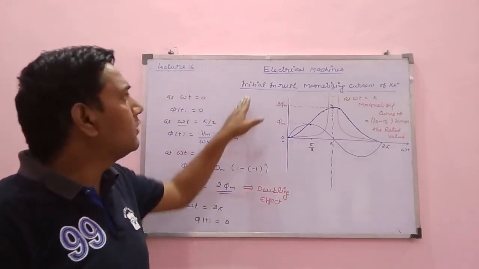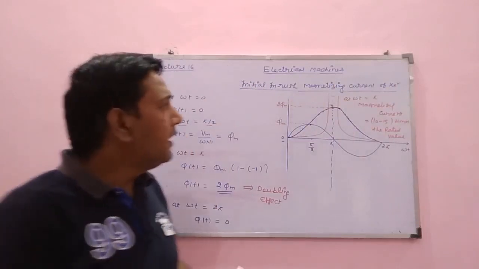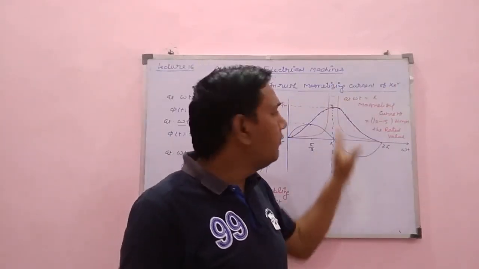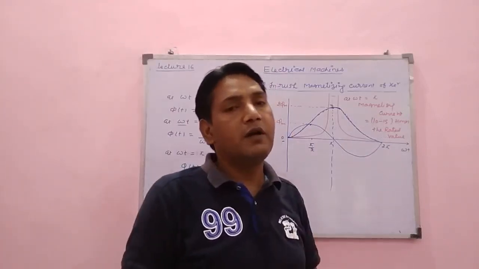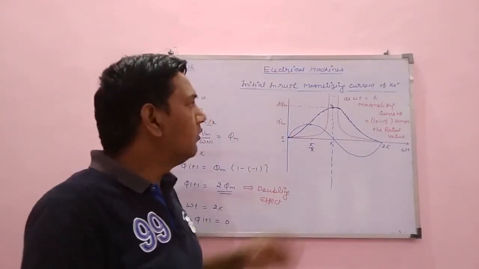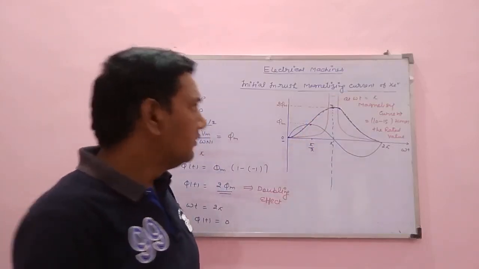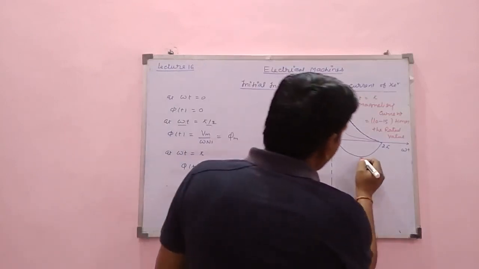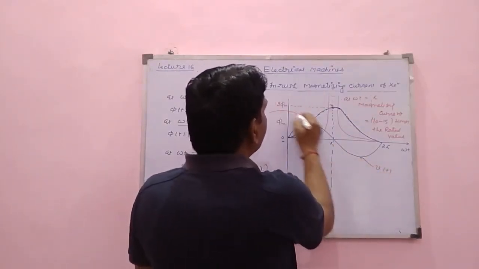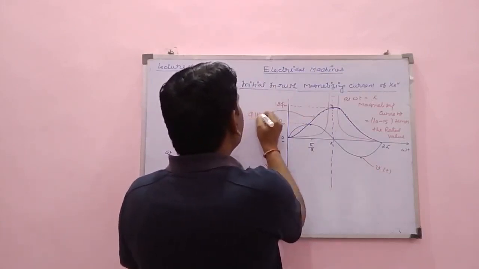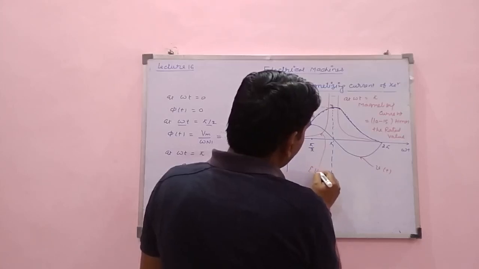So that is why it is called initial inverse magnetizing current. You know, when this large or huge current flows through the winding of the transformer, the windings of the transformer may get damaged. Okay, so we have to avoid this initial inverse magnetizing current. So we can write, this is the voltage waveform, this is V of t, and this is the flux waveform, this is phi of t, and this waveform is the magnetizing current I of t.